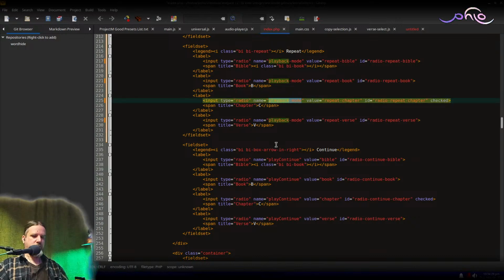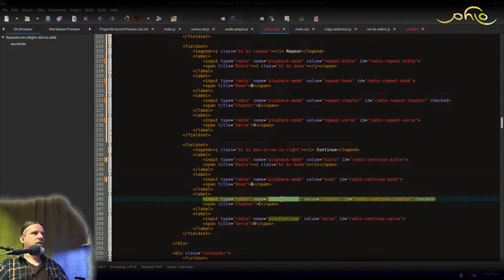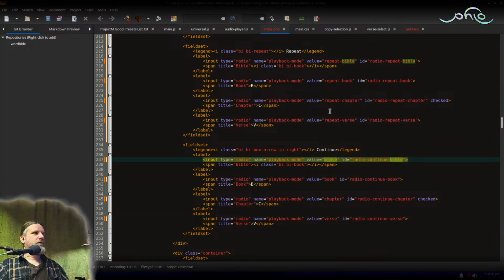So those 2 are fixed, and then I need to come down here and add these into the same radio group by changing their name. The way that radio buttons work is as long as they all have the same name attribute, they are considered a single set. That's just how it works. And so then instead of just Bible, we're going to have word hide Bible, I think.